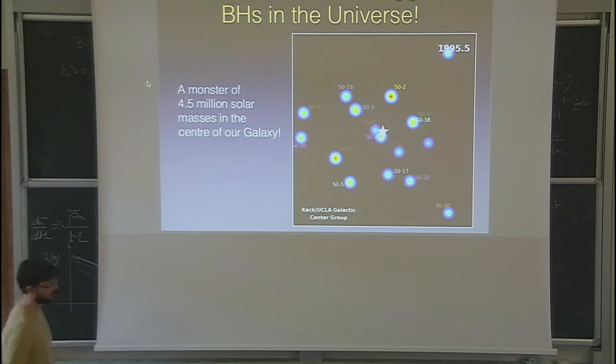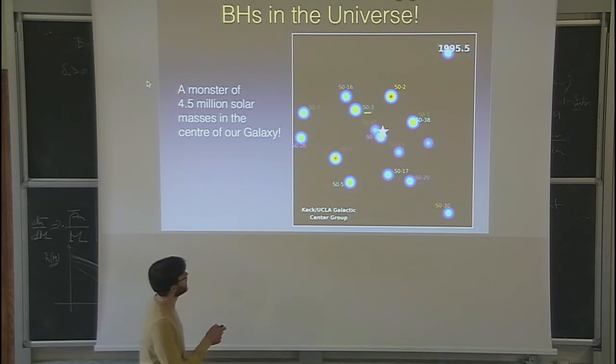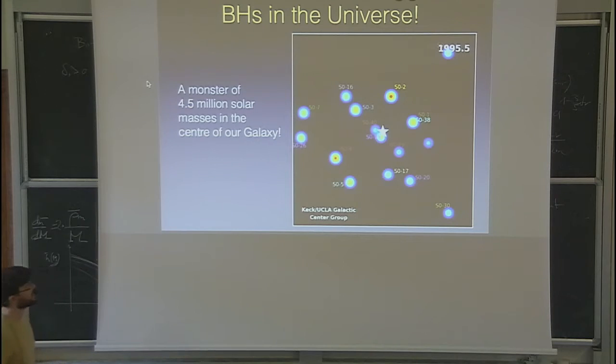So again, I don't have the animation because this is a PDF, but you can track the motion of main sequence stars around Sagittarius A star, which is a point-like radio source at the center of our galaxy. And you can observe them for 25 years now. And if I were able to run the animation, you would see nice elliptic orbits around the center of the galaxy. And by measuring the period, you would be able to